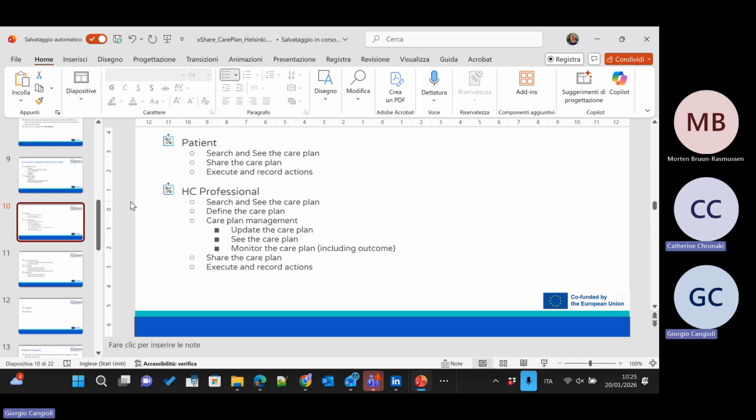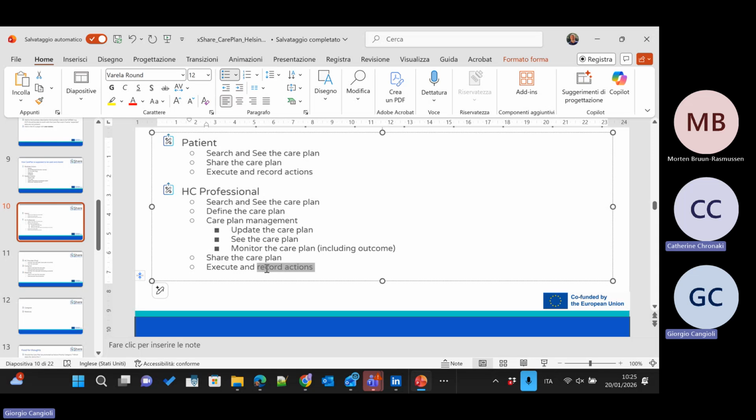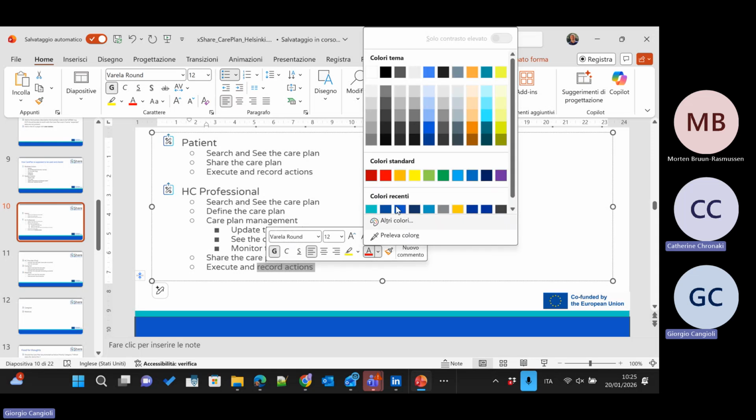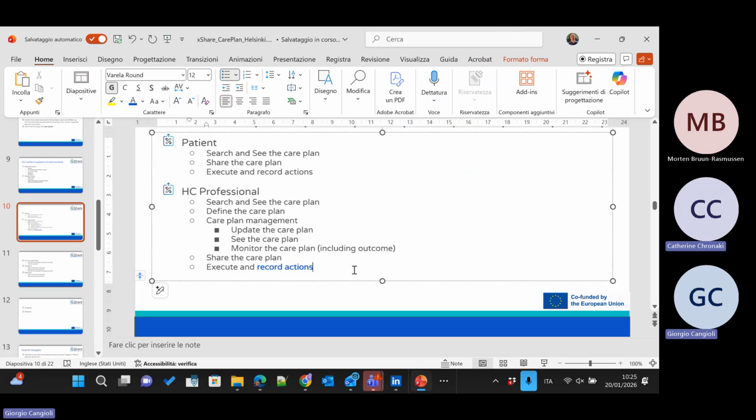Giorgio, I have looked in our report about those user stories, and they are divided into 4 different areas. One is documentation in the EHR system. Because before you are having maybe a chronic disease, you have done a lot of registration, and when you visit your doctor, you are putting in some documents. This is one area. And a part of those data will go into the care plan.